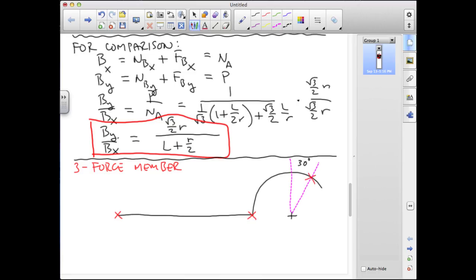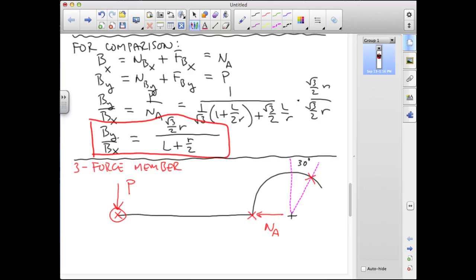So what am I going to do with this? I have the force applied out here at P, and then I've got my normal force NA. And now what I'm going to note is that the lines of action of P and NA intersect at this location. And so what that tells me is that that point is the point of concurrency for the three forces,